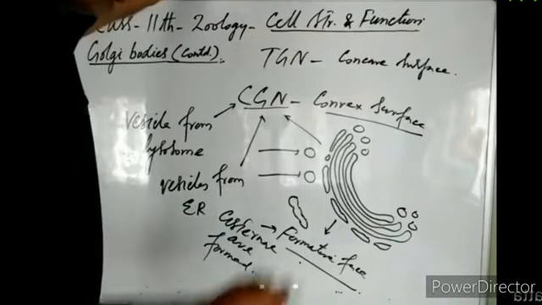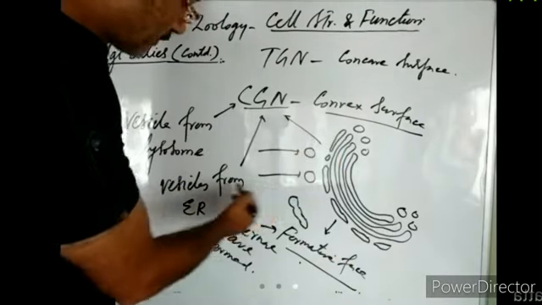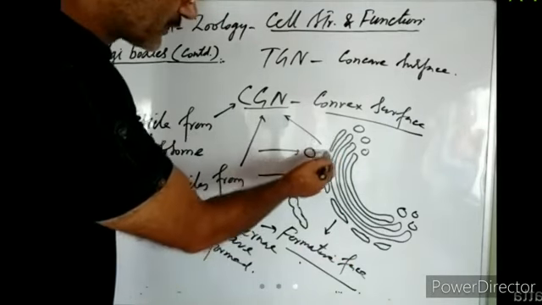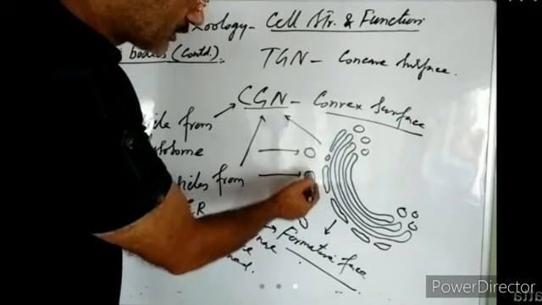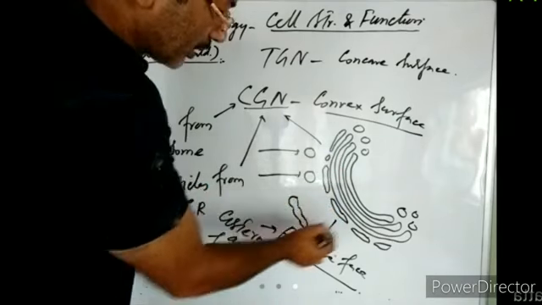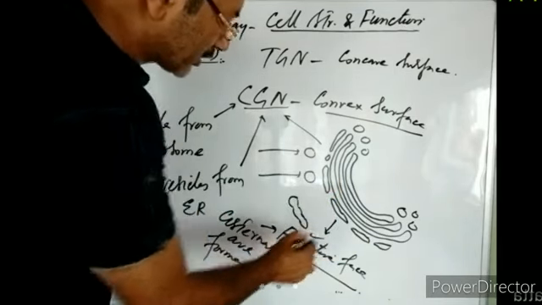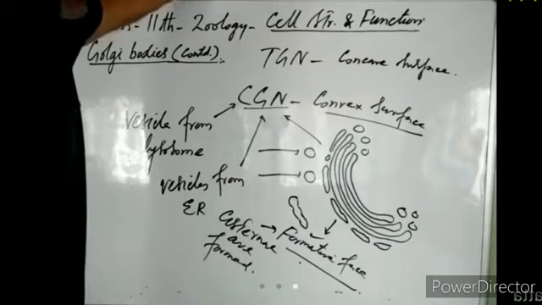Do you understand why it is known as the formative phase? Because on this side, vesicles from the endoplasmic reticulum and lysosomal vesicles join together. When small vesicles join together, they form the cisterna. So cisternae are continuously being formed on this phase. That is why we call it the formative phase of the Golgi body.